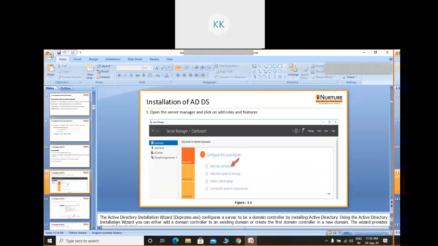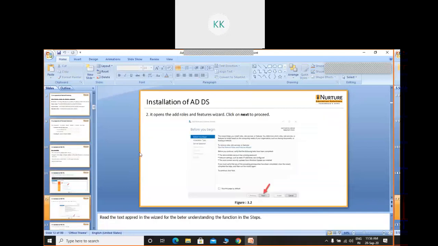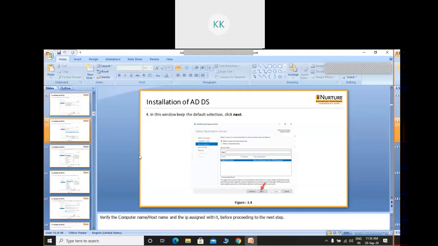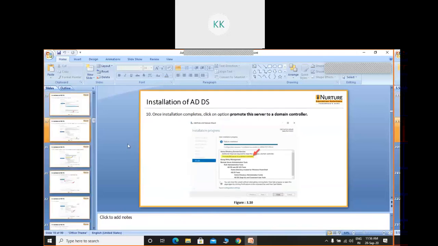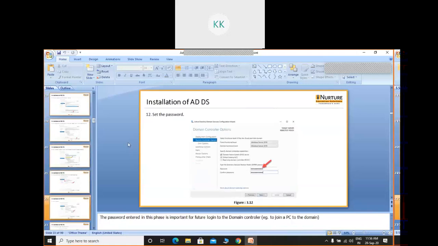How to begin? You have to go to the Server Manager, then Add Roles and Features, and just follow the on-screen instructions. Your Active Directory Domain Services role is going to be installed on your computer. Once you install this, the thing is that I will manage different computers. So what to do? You will have to create the organizational units, groups, and the users, and join all these components to your domain for centralized control.